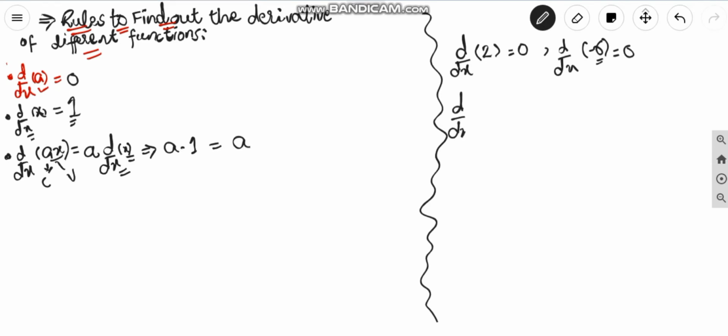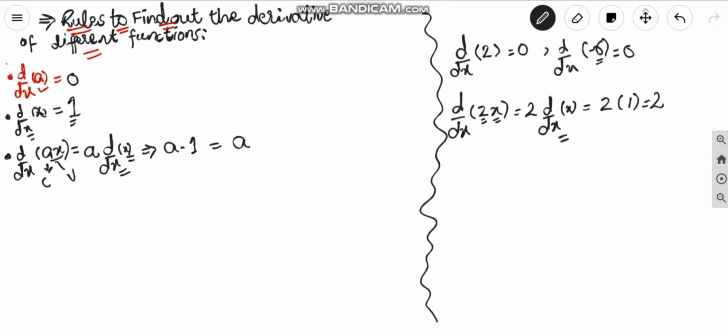To make it clearer, let's consider an example. We have to find the derivative of 2x, where 2 is a constant and x is a variable. According to the rule, place the constant at the start and take the derivative of the variable x. As the derivative of x with respect to x is always 1, its answer will be 2 times 1,